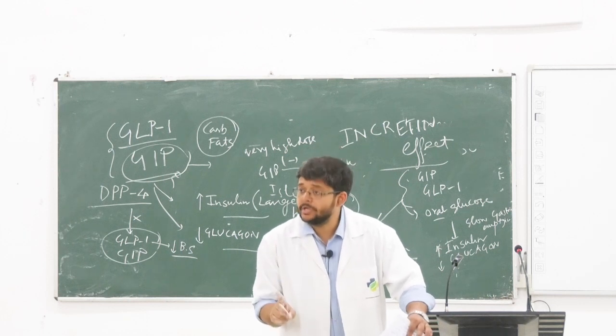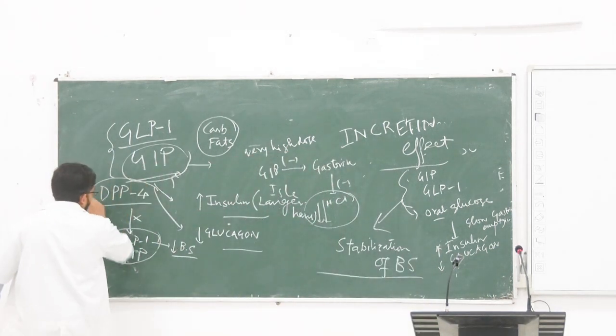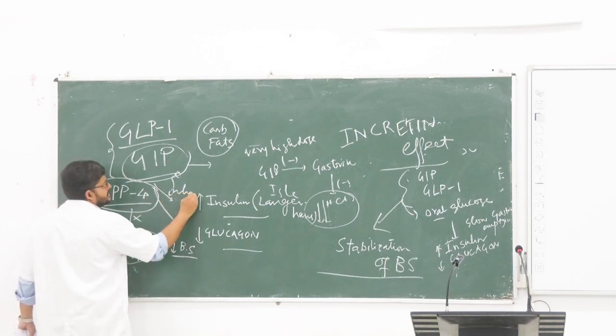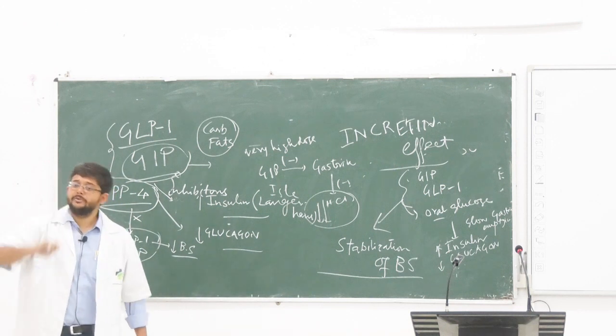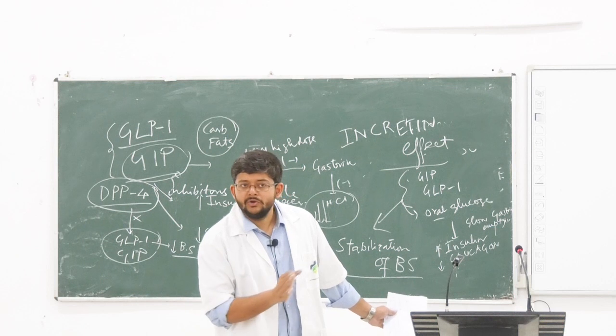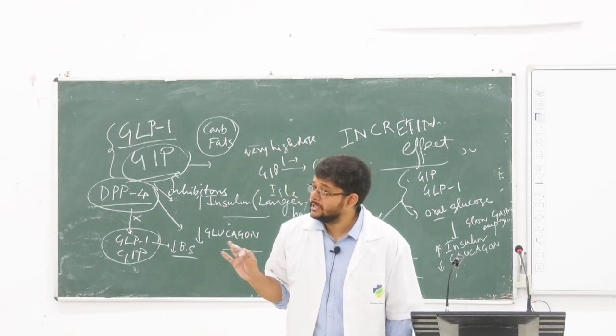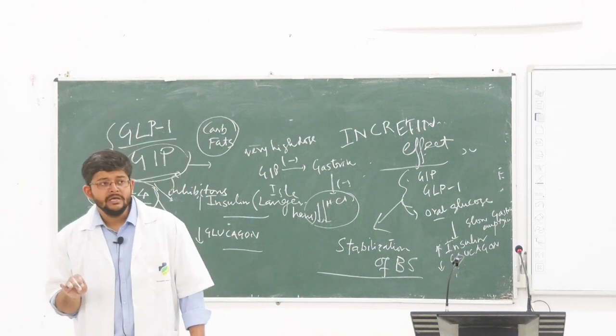This is your next year's question, but it can be given as this year's question too: DPP4 inhibitors can be used in the treatment of diabetes. Explain why? It can be given. You need not know the name of the DPP4 inhibitors, but how they work you should know. So DPP4 inhibitors,